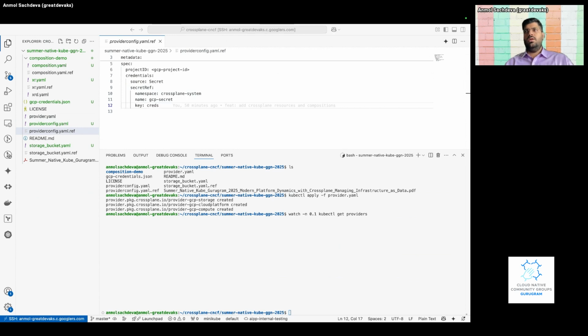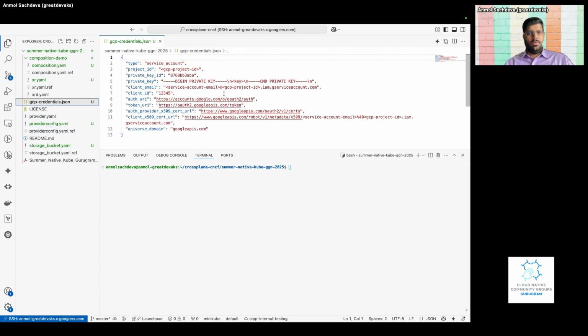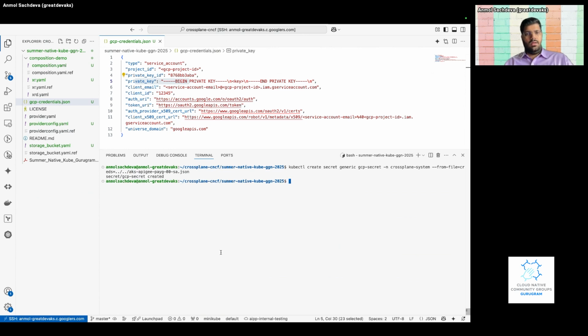So as of now, what I have done is I have got a service account of mine, which looks very similar to this particular service account, but this has placeholders. So this is how a GCP service account looks like. This has authentication information, client email, private key, etc., through which it is able to interact with the GCP APIs. So I have mine placed somewhere in the upper directory. And yeah, so what we can do is we can go ahead and deploy our secret using this particular command,